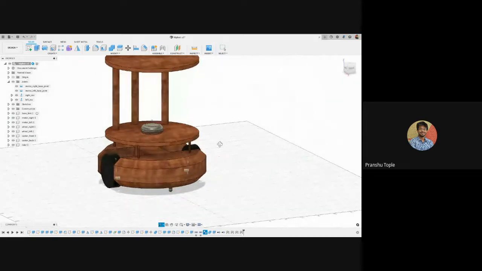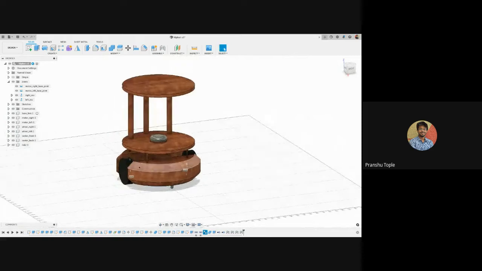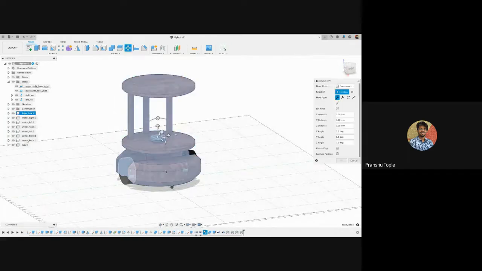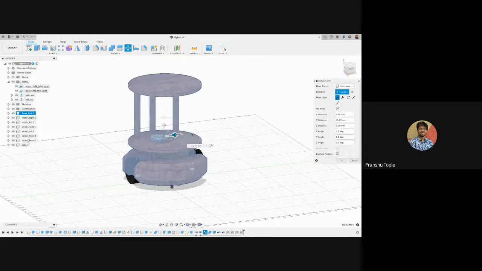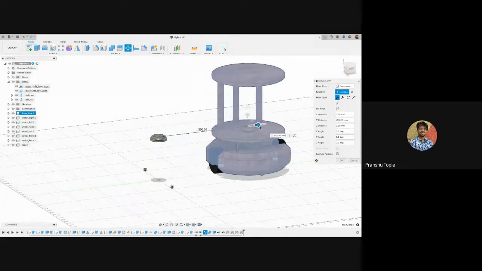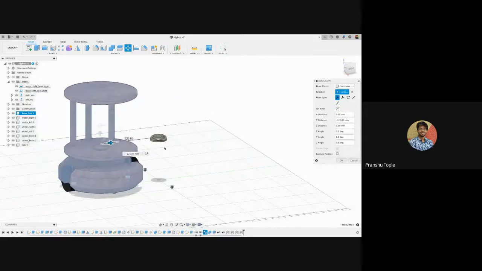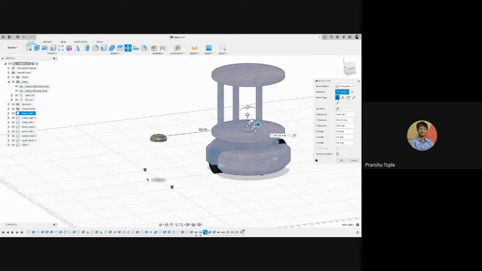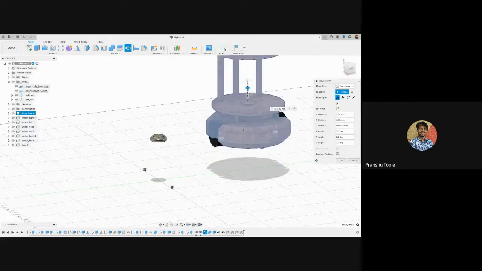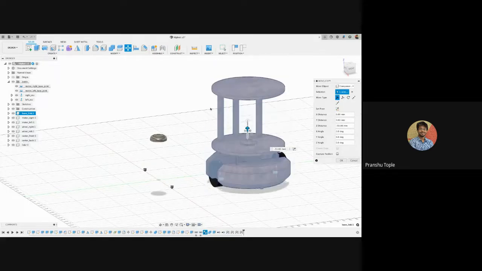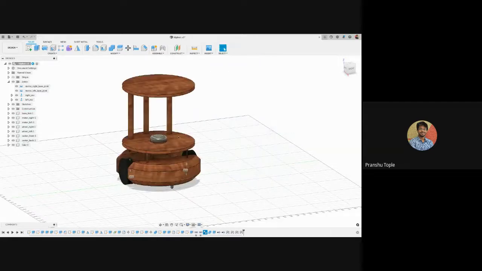Okay. Now, due to this joint, if I now move the base link, which I did previously, everything else was left at the same place, right? But now motors and wheels are moving with the base. Can you see that? We have not connected caster wheels, we have not connected LiDAR, so they are staying there itself, but the rest everything is moving with the robot. That is what we want.